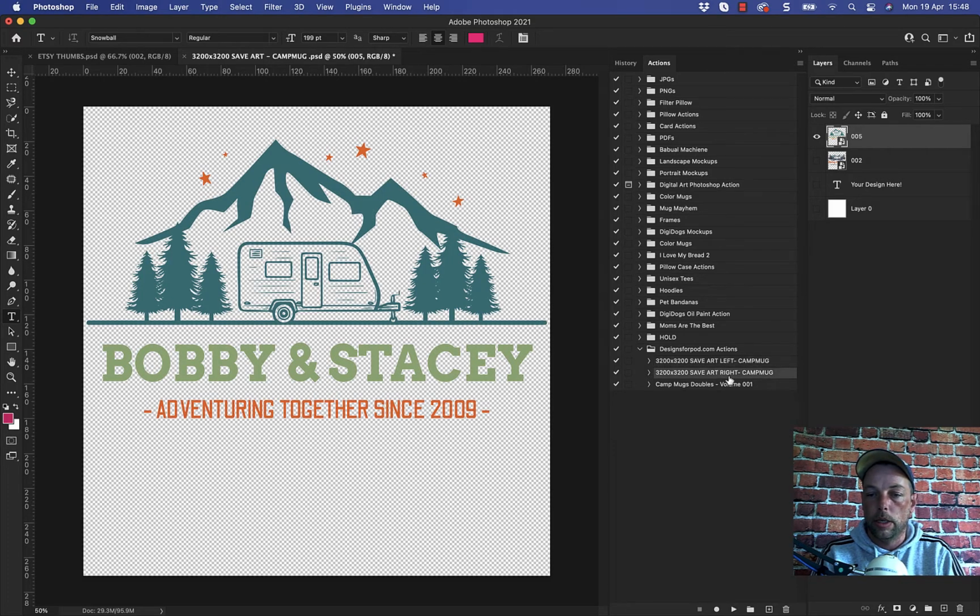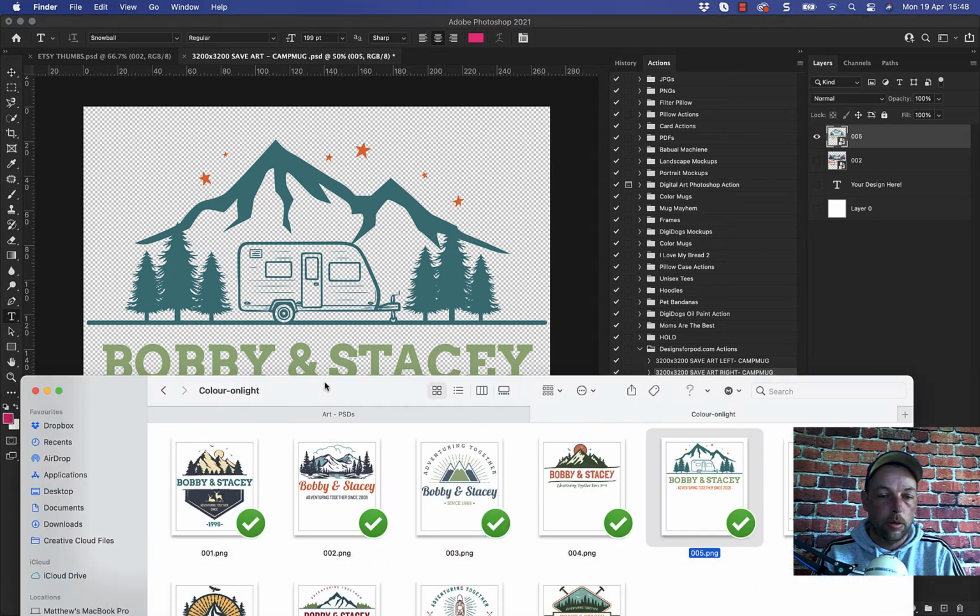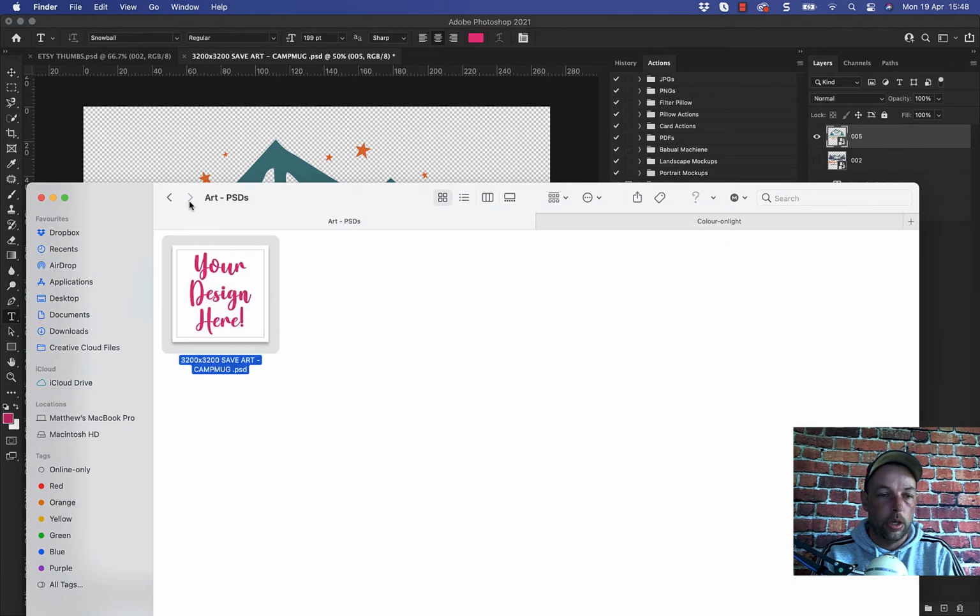Then I'm going to highlight save art and click the play button. Now if you watch the play button, you'll see that it changes when it finishes. You see it's highlighted there, and now it's finished. Okay, so if I just look back in my main folder just to show you,